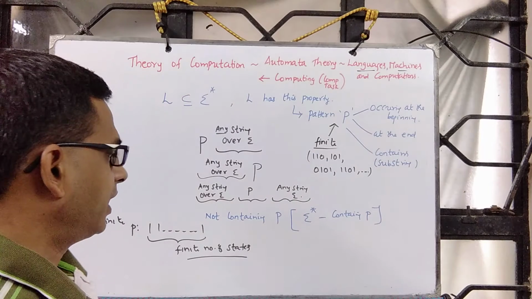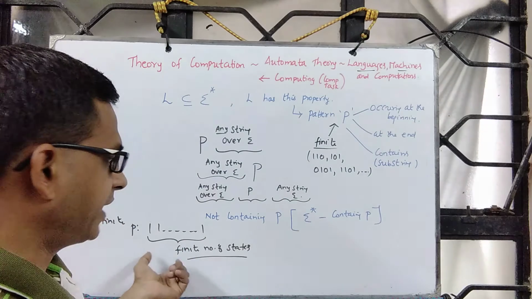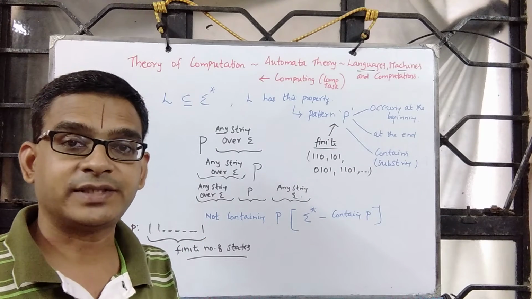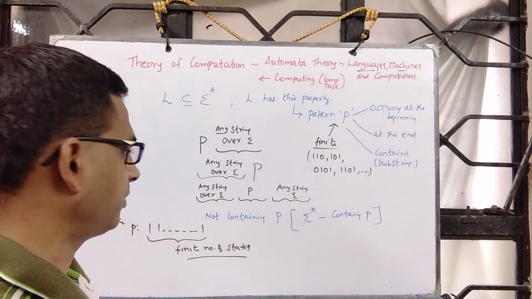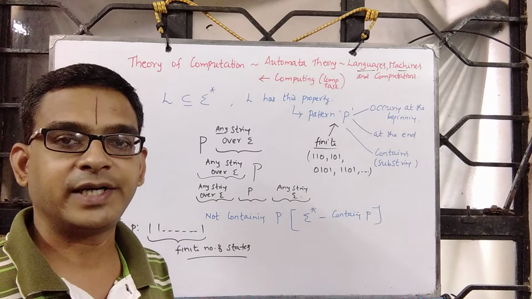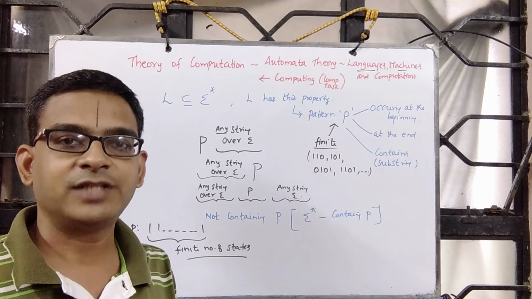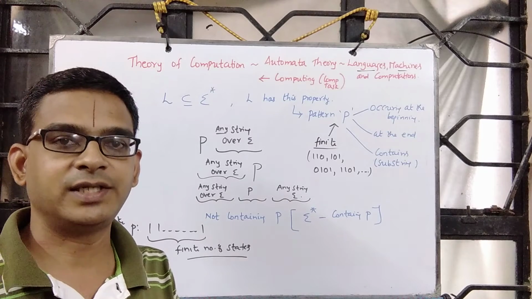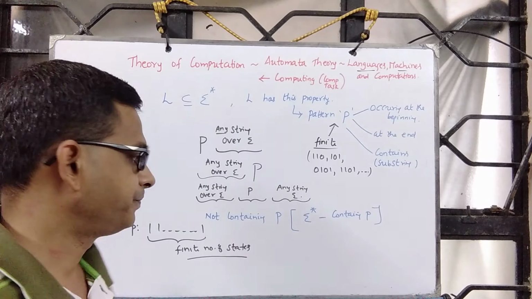And what will happen? You may say, let us loop over a state, but it will accept this infinite pattern, and it will also accept some other patterns which are not part of this. So that would be the problem if you simply loop over a state to capture the infiniteness. Because when you have a cycle in the design, naturally the strings accepted by the automaton are infinite in nature if the cycle involves at least one final state.